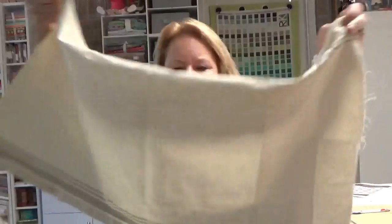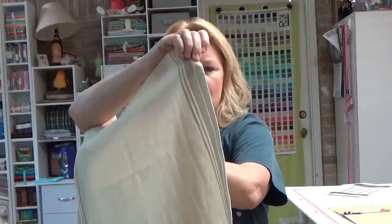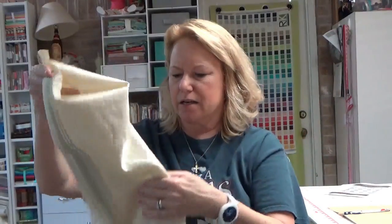I was at my quilt store earlier. They're selling toweling by the yard. So this is a 16-inch, and it's already hemmed on the 2 long sides. So I just got 28 inches. This is designed for embroiderers. If you're going to embroider something like a pretty monogram or,